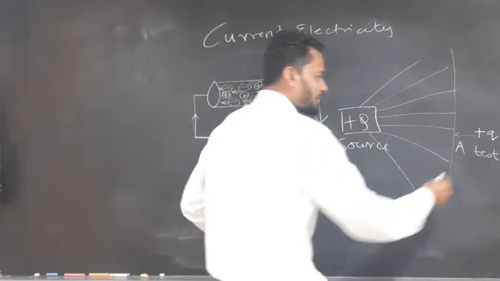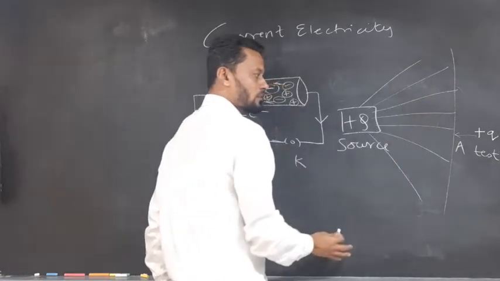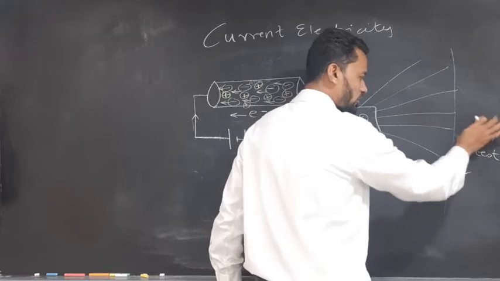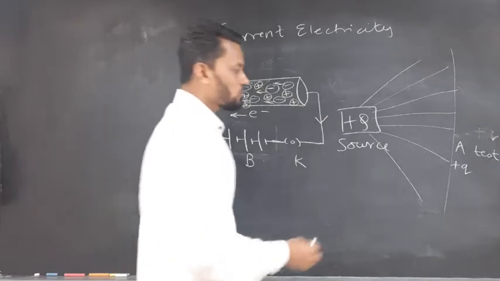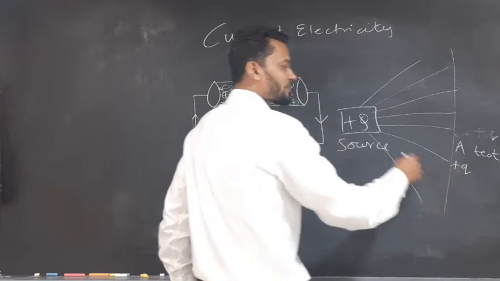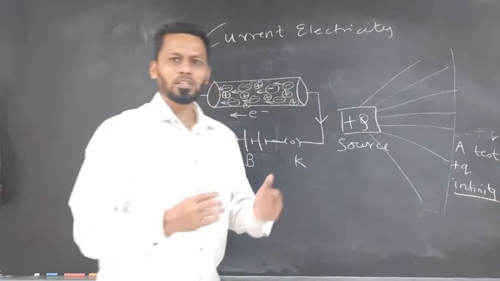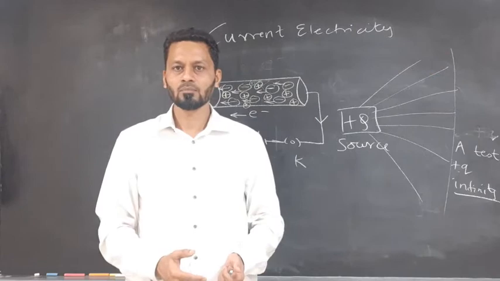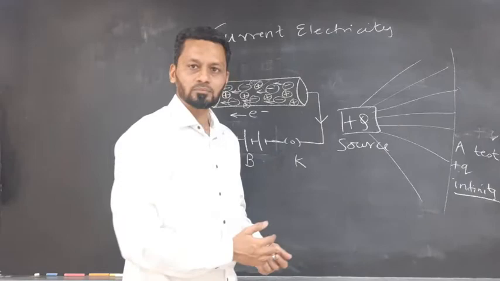But you can notice that this source charge has its field up to this much vicinity, and this particular plus Q charge is out of the vicinity. So if I take this plus Q charge over here, it's out of the vicinity of this field. If I do the work in bringing this charge, we say this charge is at infinity. So what is the meaning of infinity? Infinity doesn't mean that it's far away from us. Infinity in this case is with respect to this source charge.